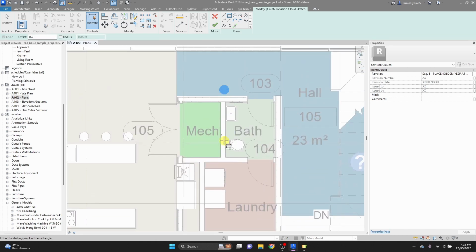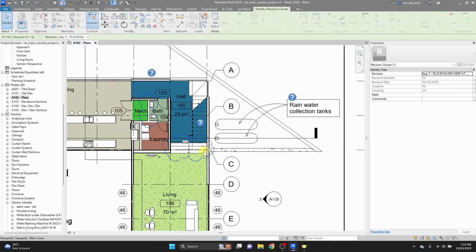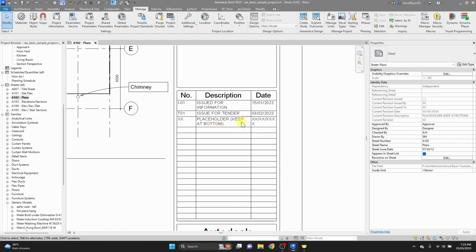Let's say there's a wall moved or something in this bathroom. Let's say minor changes have happened to the treads of the stairs. Okay, cool, done. But now you'll see that there's a placeholder, keep it bottom, which obviously when you're going to issue this drawing, you don't want to see. So when we go to the next phase and we're going, okay, let's issue a revision for construction or construction documentation,